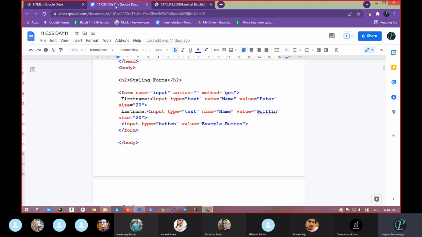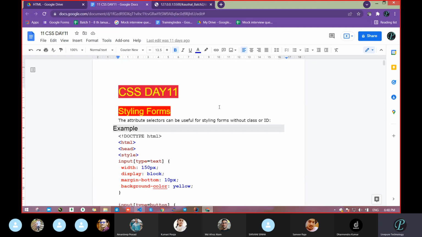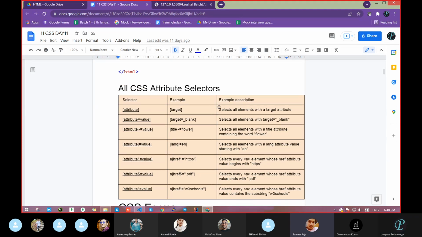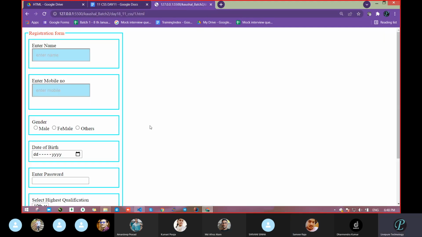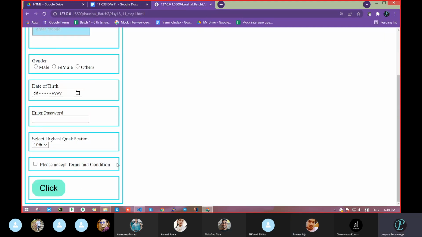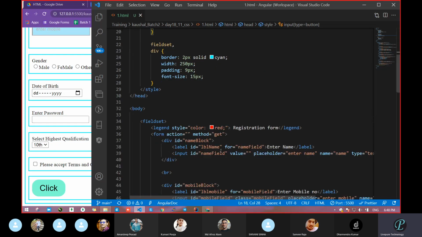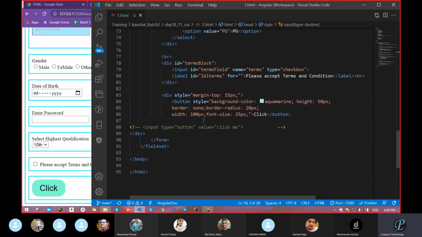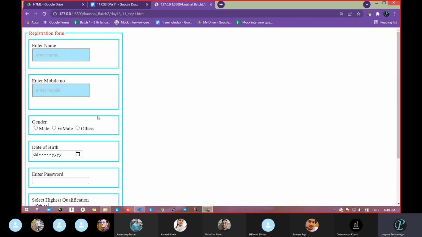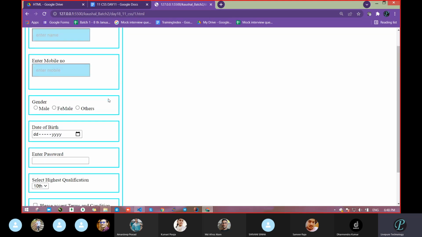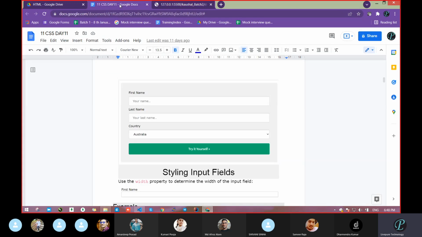Pooja, Sweta, anyone having any issue? Amol, Ritvik, clear? No issue. Fine. So this way we can design our block. If you want 100%, increase that and you will get full width. Where is that? Width, reduce, pass percentage 100%. You got it this way. Clear? So this way we can get a different design and create the form, whatever we want.